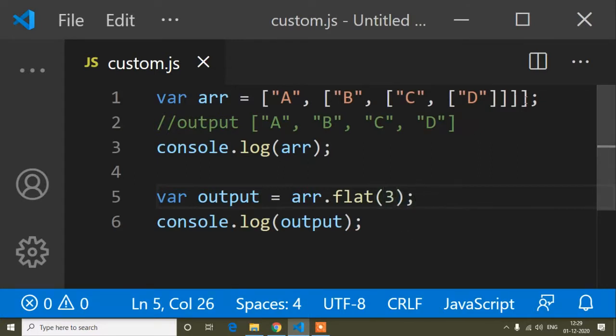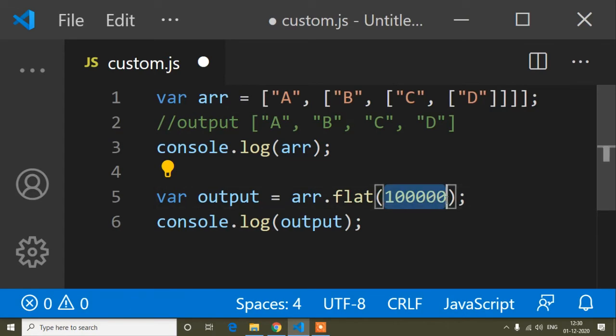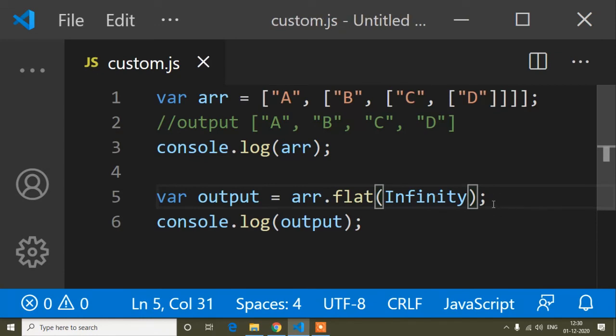But guys, suppose you have 1 lakh sub arrays. Then how can you do that? Will you write 1 lakh this way? It's not good. So this time we write infinity.